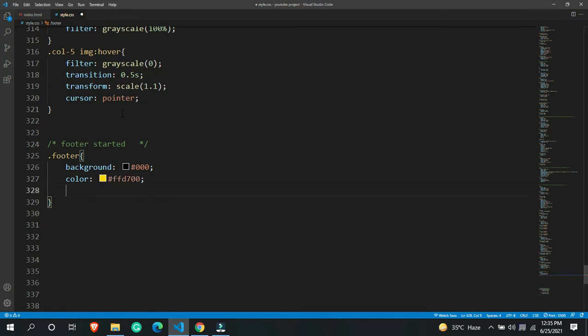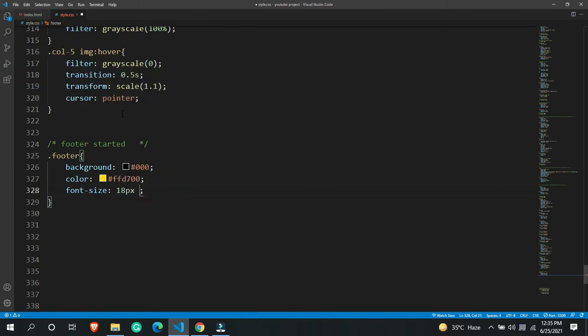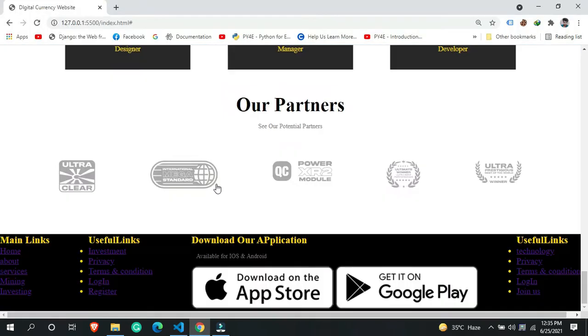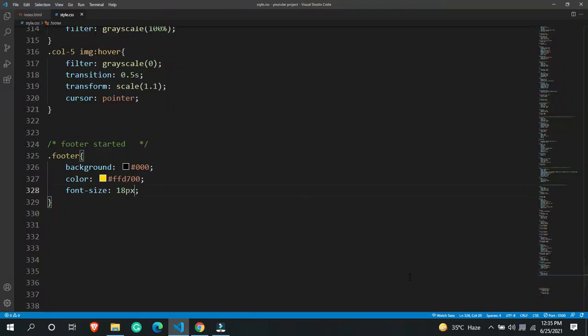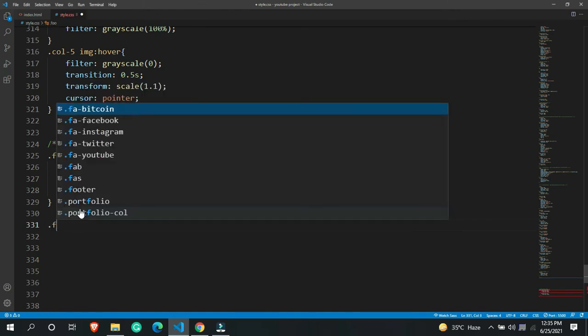Then I wanted to change the font size to around 18 pixels. These things are popping up just like this. Let's add 15 pixels, not 18, 20. So yeah, that's it, we just completely got this particular thing. Then I'm going to say footer.